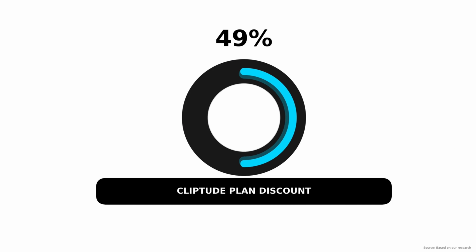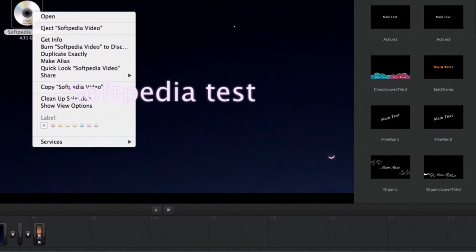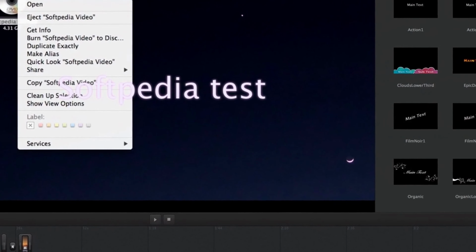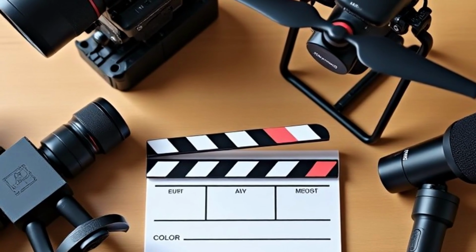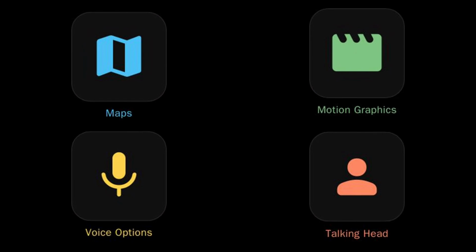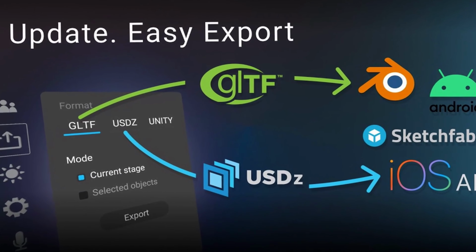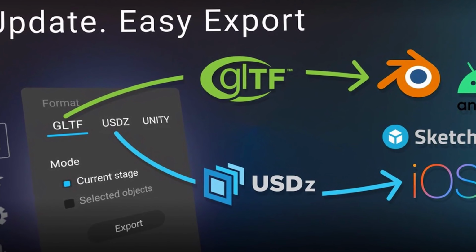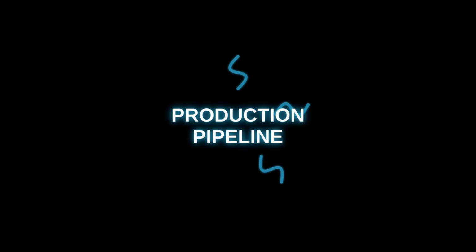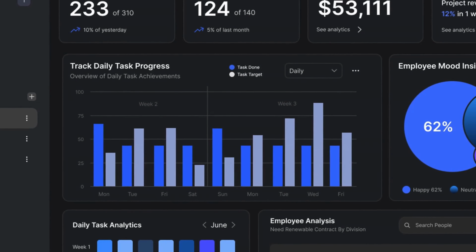If you're evaluating Cliptude as a VidRush alternative and your content is in the documentary or essay space, the honest answer is this: the combination of A-roll and B-roll documentary formats, automated maps and motion graphics, your own voice and talking head options, and full project export for finishing in a real editor. That's not a feature list, it's a production pipeline. And for channels where the visual quality is the actual product, that matters more than anything else.